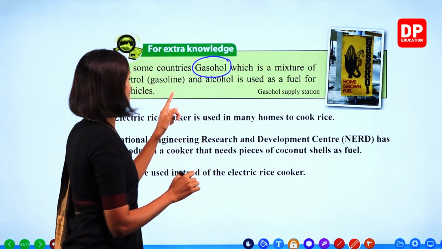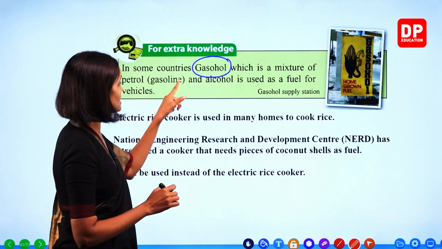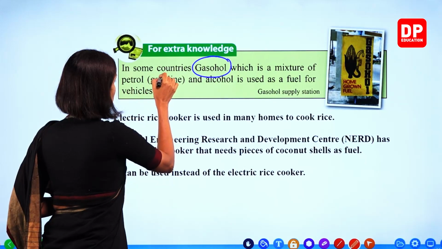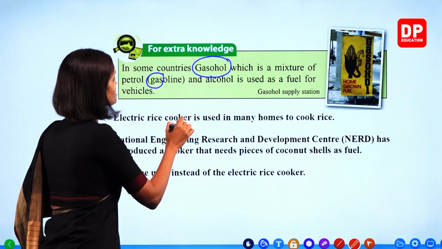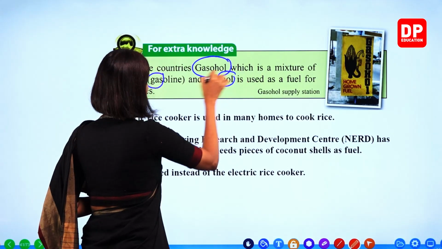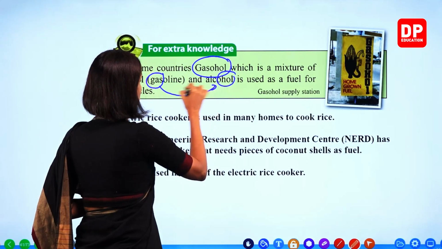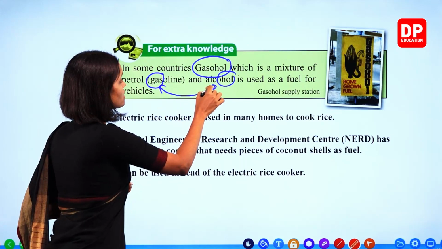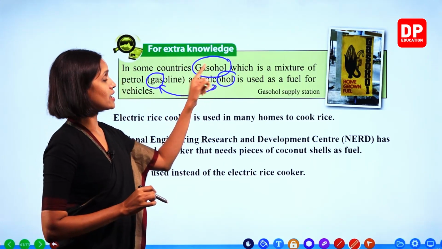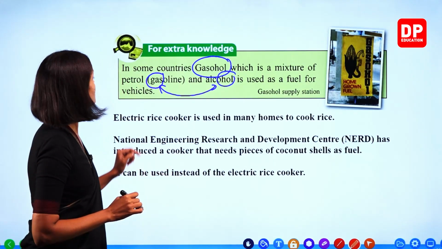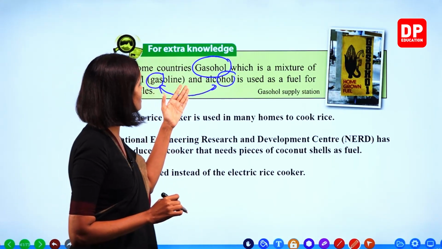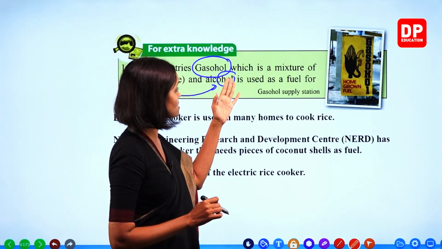Here it's a mixture of gasoline and alcohol. So gasohol: GAS from the gasoline part, OHOL from the alcohol part. Gasohol. Okay. So in some countries, gasohol, which is a mixture of petrol and alcohol, is used as a fuel